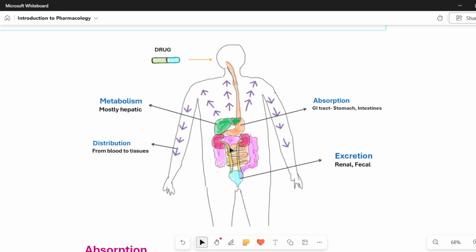So the drug gets absorbed in these intestines. It gets absorbed via this route. Now the drug has been absorbed and it enters the bloodstream through the hepatic vein, which is the vein connecting to the liver.